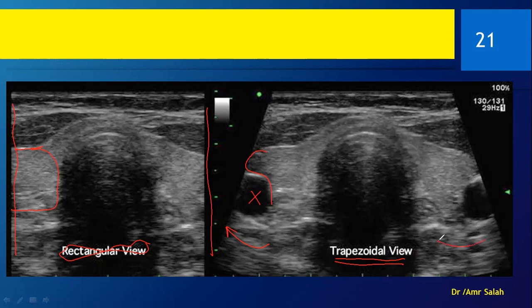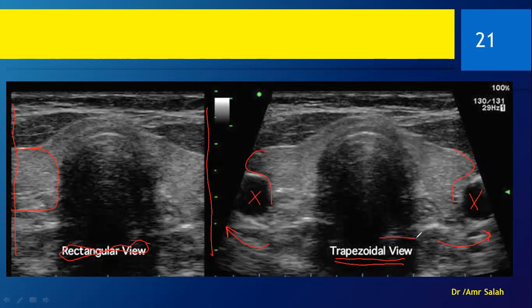The same thing on the other side here. You can see the rest of the thyroid lobe and the carotid. So this picture can give you a better view should you want to assess all of the thyroid in its continuity along with the carotid as well. So this function is called wide view. As we can see, it is giving us a wider view.